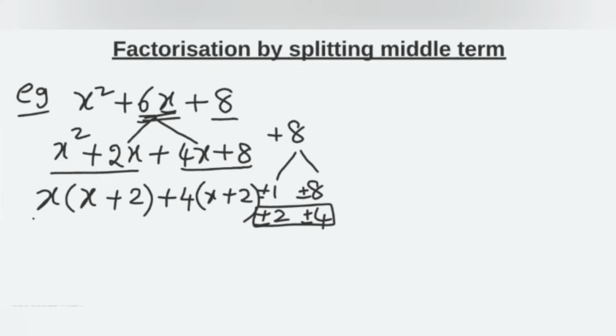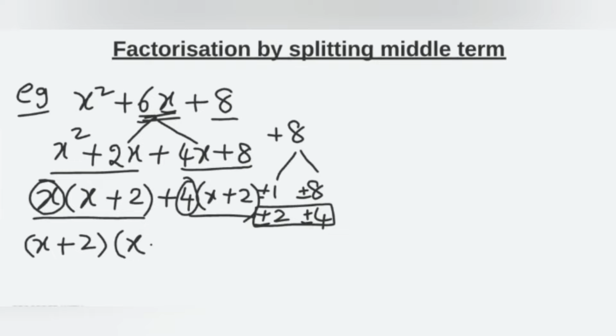Next, if you observe, this is one full term and this is one full term. In these two terms also, x plus 2 is common. So let us take x plus 2 as common in the next step. If you take x plus 2 out, you are left with x here. Write that x. And if you take x plus 2 outside here, 4 is left, so write plus 4. So your answer is x plus 2 into x plus 4. The factors you have chosen, plus 2 and plus 4, that same answer you get after x here. So x plus 2 into x plus 4. This is the way how to do the factorization by splitting the middle term.